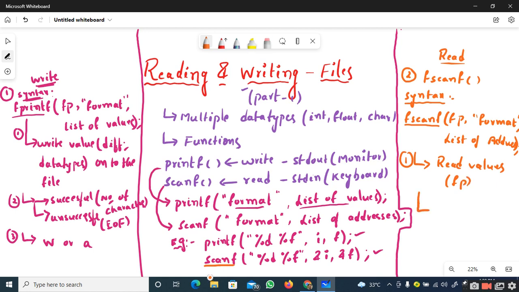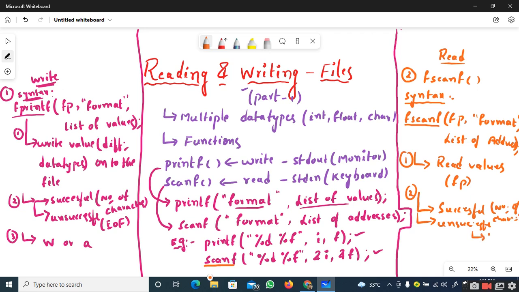Similar to fprintf, the fscanf can be either successful or unsuccessful. If it is successful, then it is going to return the number of characters that are successfully converted.